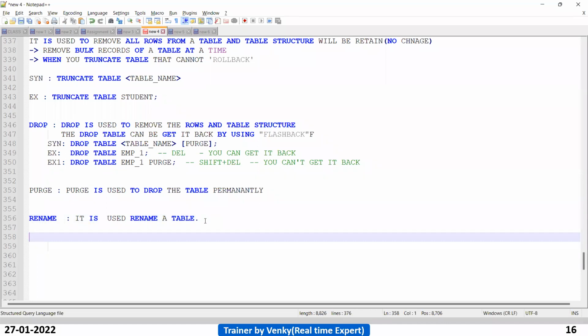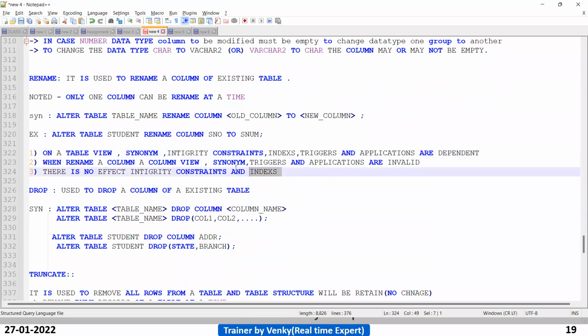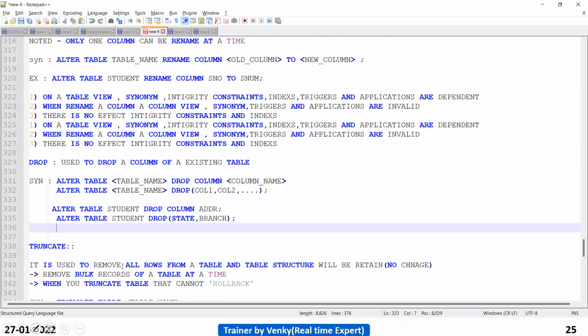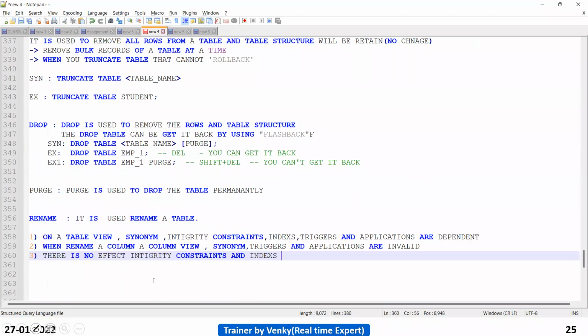When you rename a table, other database objects are affected. What are the other database objects? The objects the table depends on.